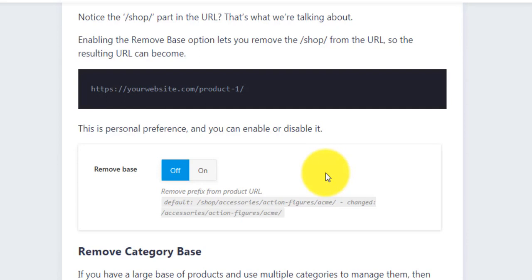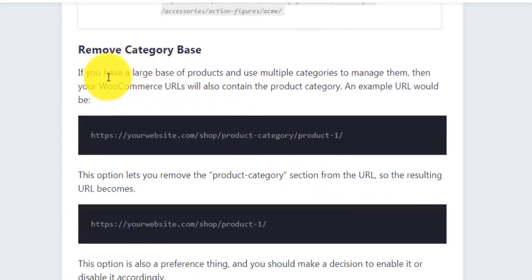Okay, so keep that in mind. If you are running some old website, I don't recommend doing that. Otherwise most of your URLs may become inactive, or you can say start giving errors. Remove category base. If you have a large base of products and use multiple categories to manage them, then